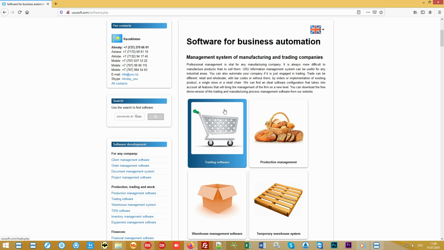If you have your own website, you can configure the connection with this website. For example, so that the client sees the actual amount of remaining goods, or can place an order directly from the site. We can also configure communication with telephony. For example, a manager's phone rings. At this moment, while the call is still in progress, the caller's personal card can automatically appear.